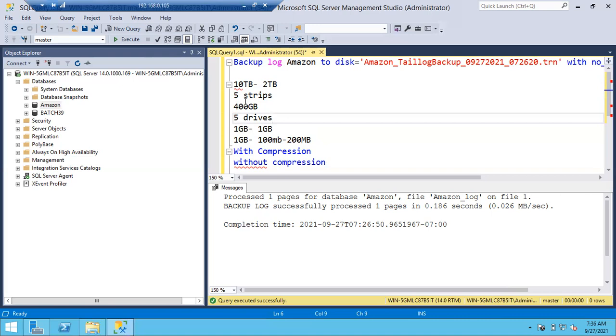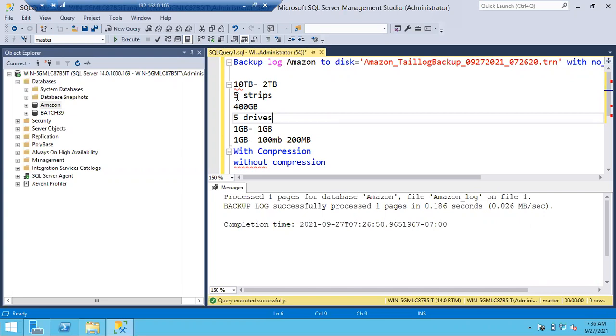If you use a normal full backup, it will generate a single 2 TB or 3 TB file which you cannot place in a single drive. But backups are mandatory, so I'm going to take a striped backup. The advantage is that backups are somewhat faster. Second, you can save the backups in multiple locations.